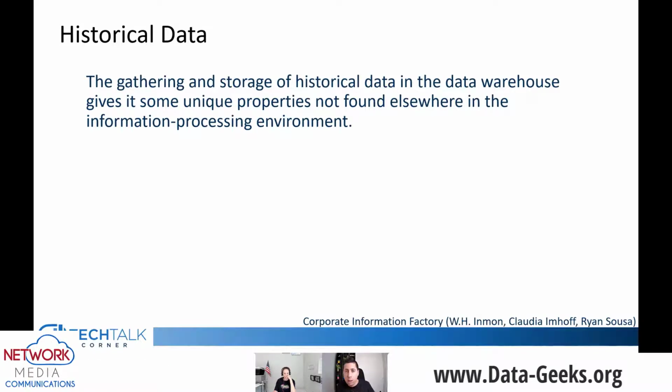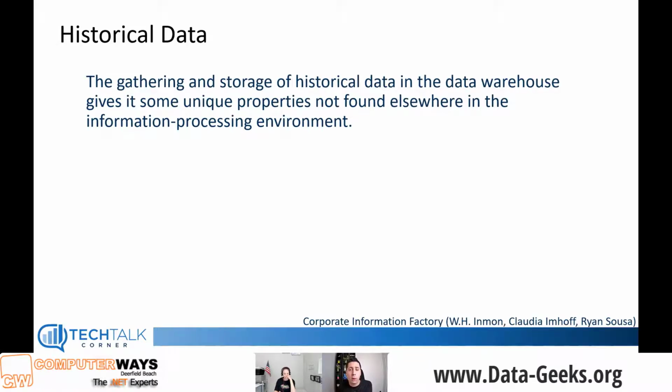If we don't do that in the operational systems, we might do that in the data warehouse. So we need to capture historical. We need to be able to capture as much information as we want into the data warehouse.